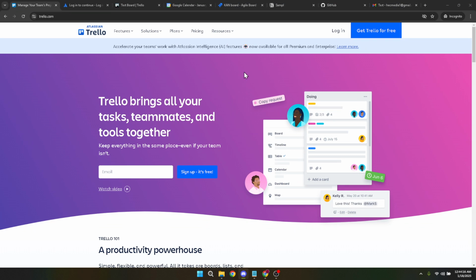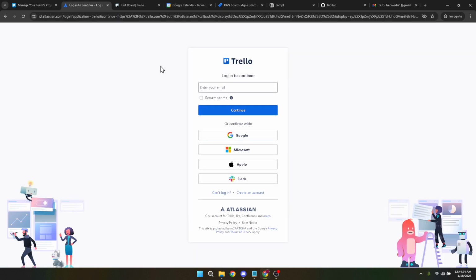First things first, you'll need to log into your Trello account. Once you're on the Trello login page, simply click on the login option. While there are different ways to log in, a convenient way for most users is to click on the Google button and select your account from the list. This method is not only quick but ensures you're securely logging in with your existing credentials.